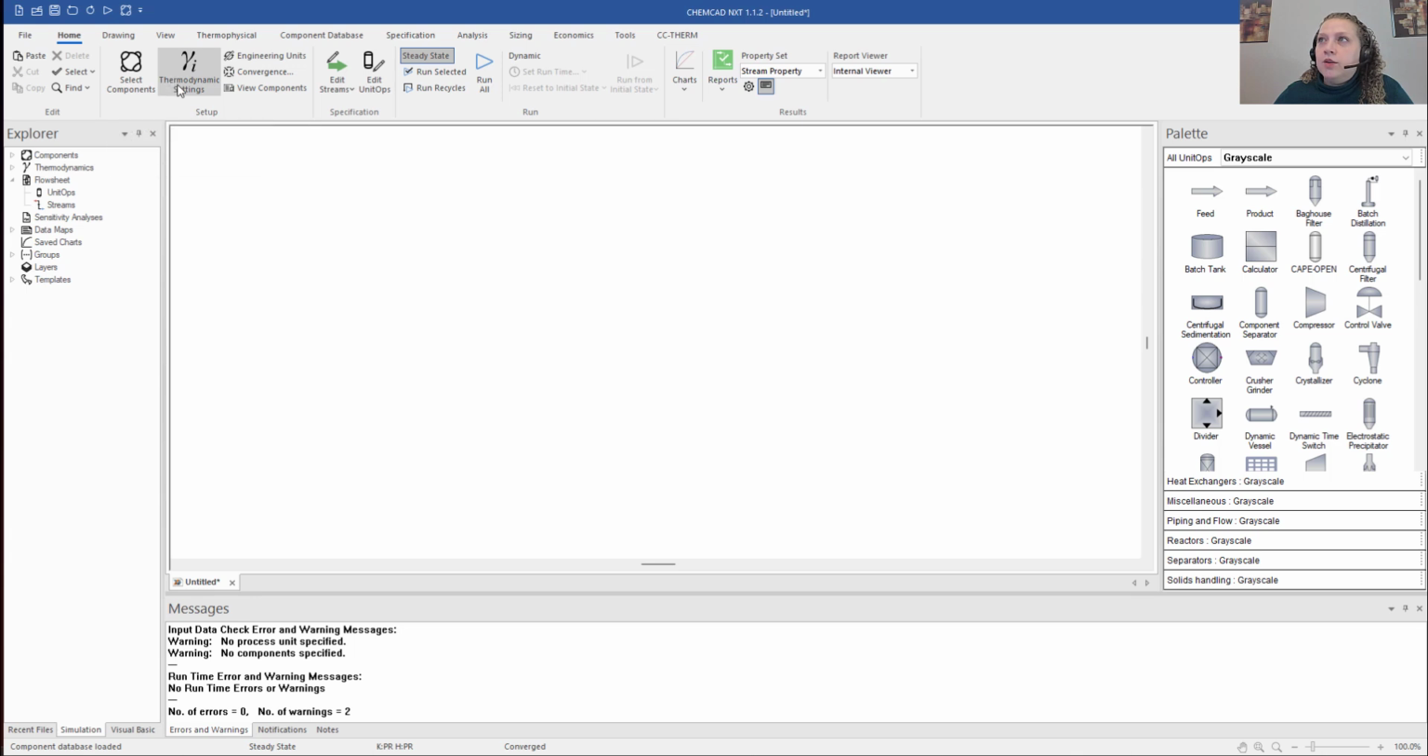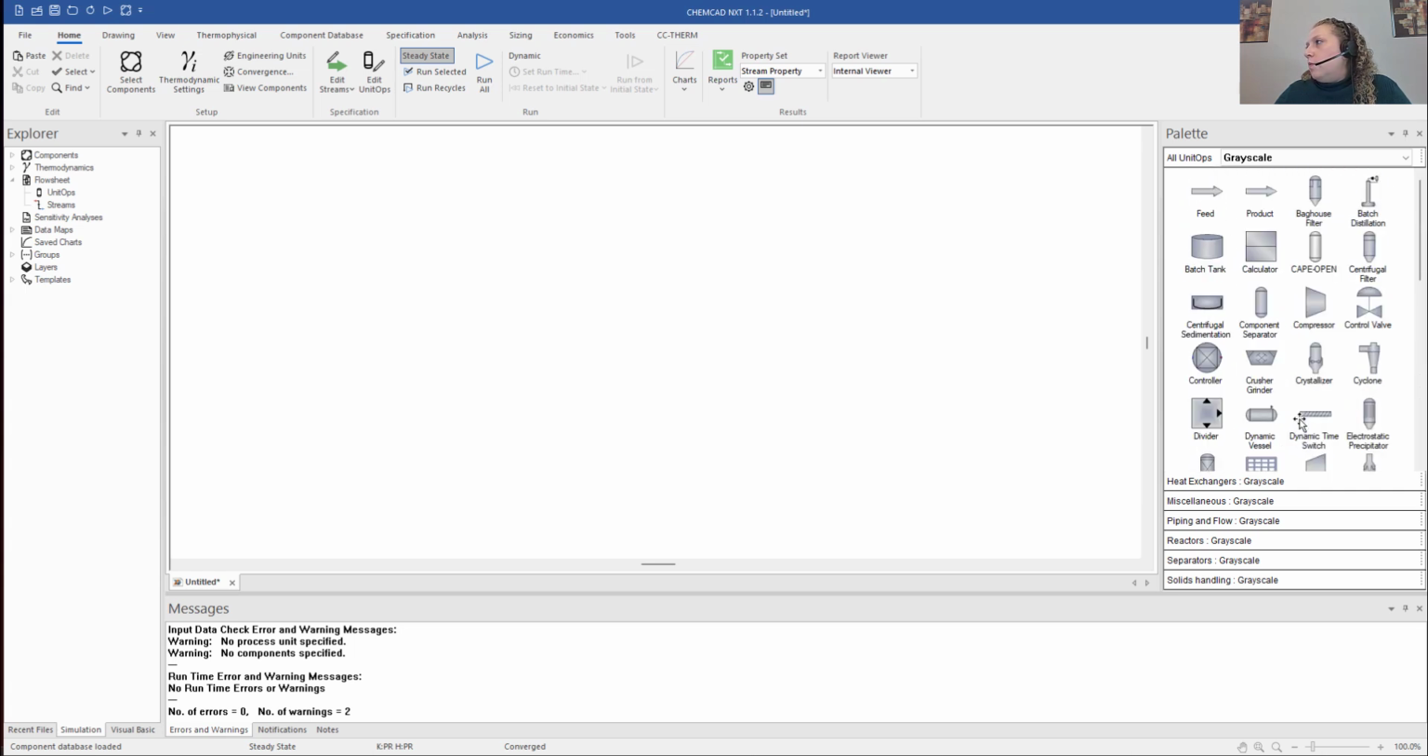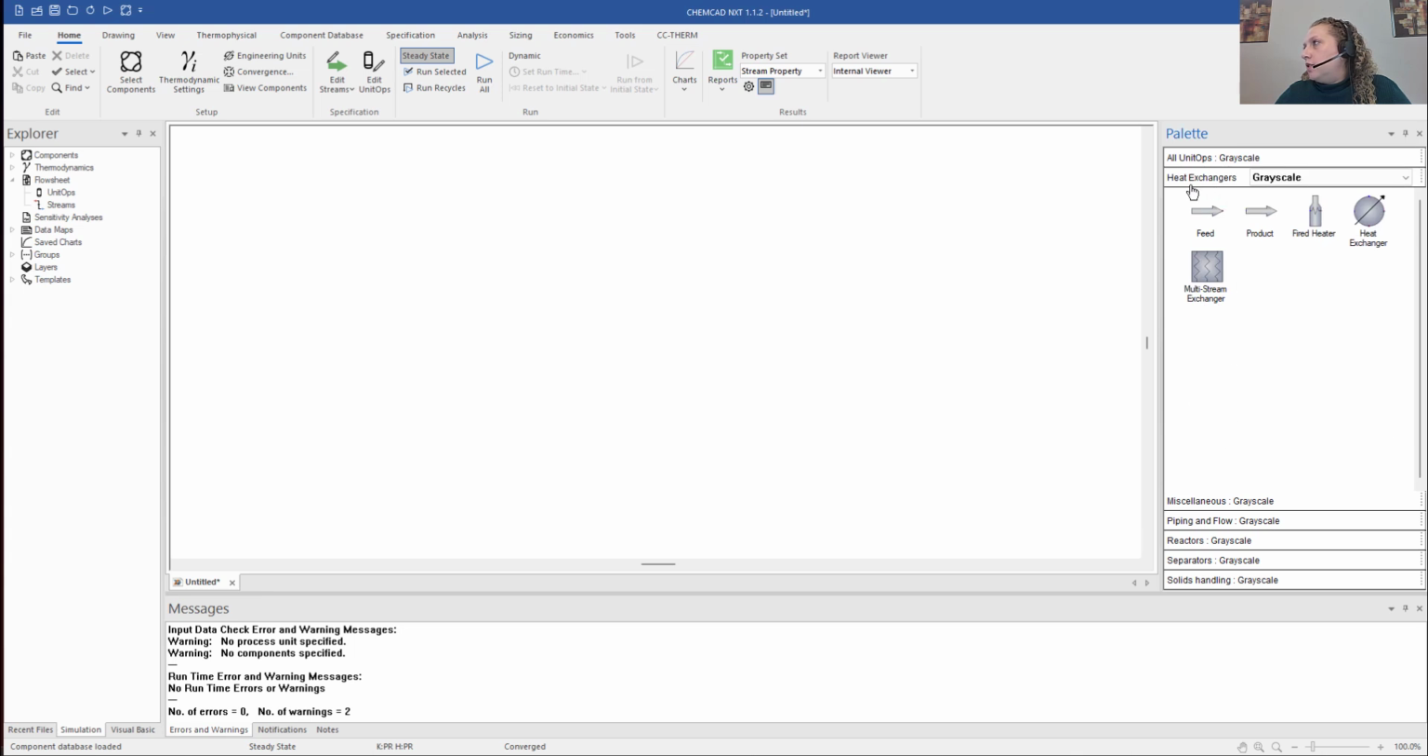So now I've selected my components and thermodynamic settings, but I want to start building my process. What do I need to do? I know I'm going to cool my warm gas stream. So in the palette, the first at the top is going to be all your unit operations, but you can also filter down here. These are all included in the all unit ops, but this is just an easy way to filter. So I know I'm going to cool a stream, so I'll just grab a feed stream and a